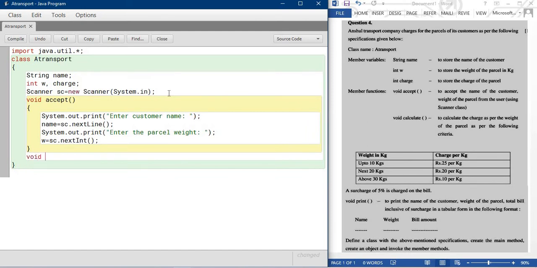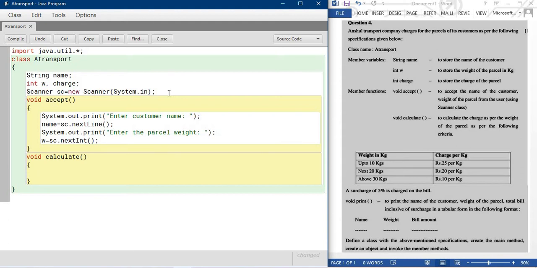Next, your input is taken. Now time to do the calculation. Void calculate method. In this method, we calculate the charge as per the weight of the parcel. You can see here weight in kg and charge per kg. Up to 10 kg is rupees 25 per kg.